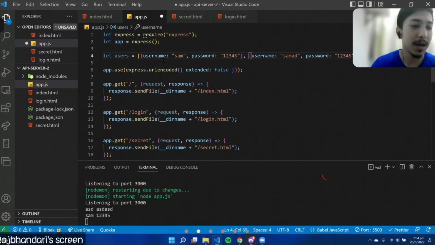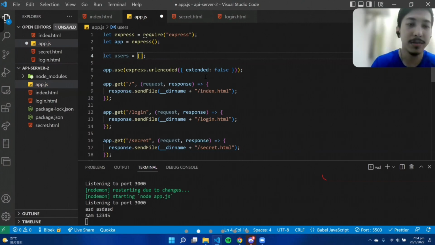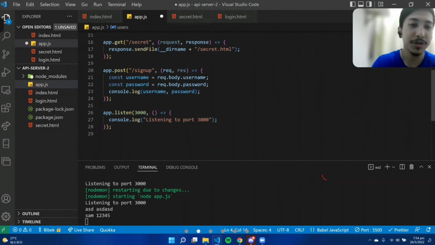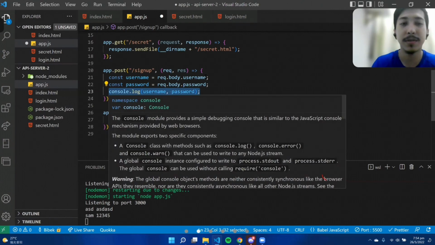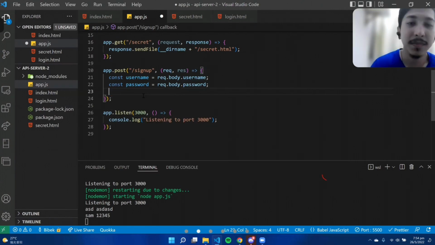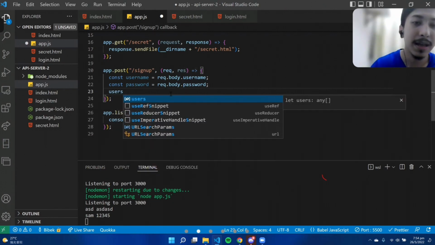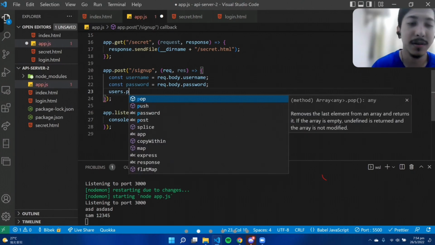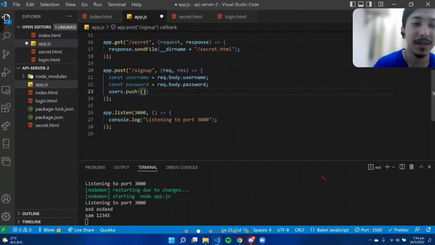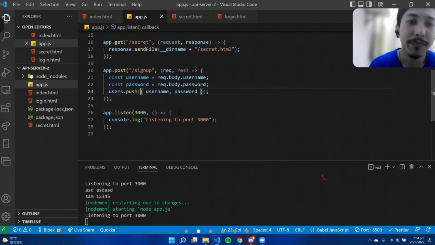I'm going to show you how we can store it. To store it, I'll have to call the users array, which is that container. Then I'll have to push information. So I want to push username and password. I'll simply say username, comma, password. In this way, I'm passing an object where the key, well, the column name, is username, and the value is going to be the value of the username, which is Sam. And for the password key, the column name will be password, and the value will be 1, 2, 3, 4, 5. And now that I have stored the information in my users array,